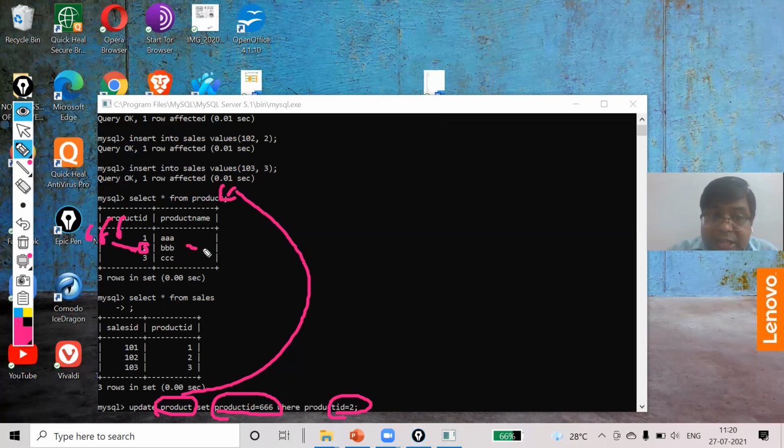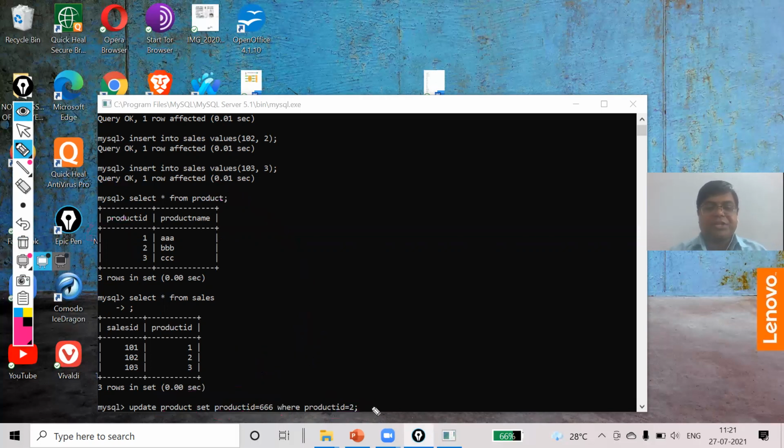Listen, when this change is done here, then automatically the change will be done in this one also, because it also has the product ID. So 102 will be as it is, but this 2 will be changed into 666. Now, let me press the enter key and show you.